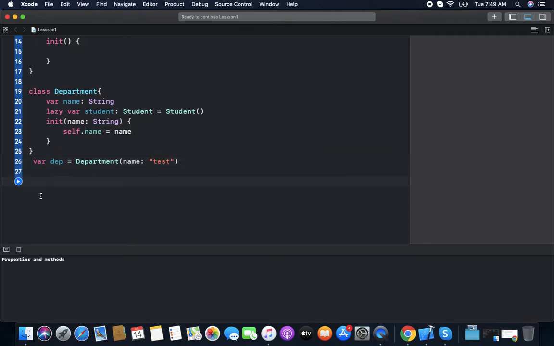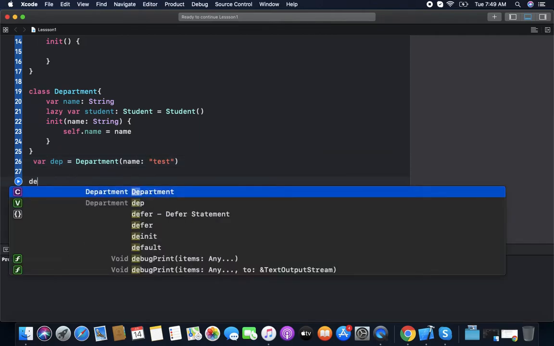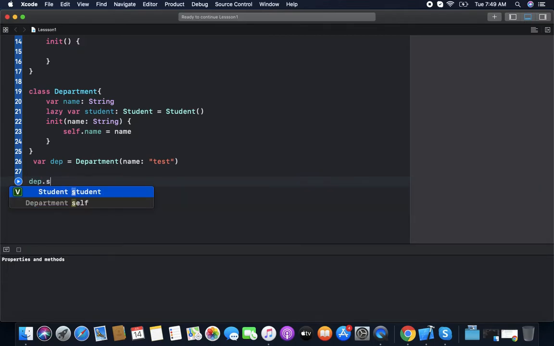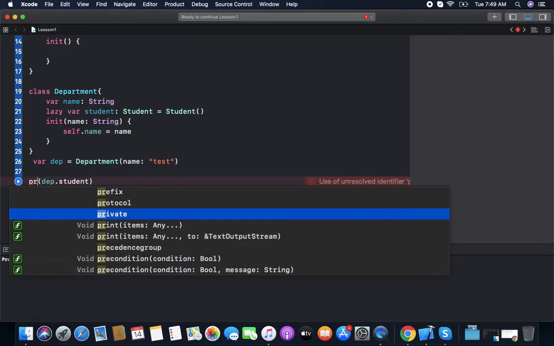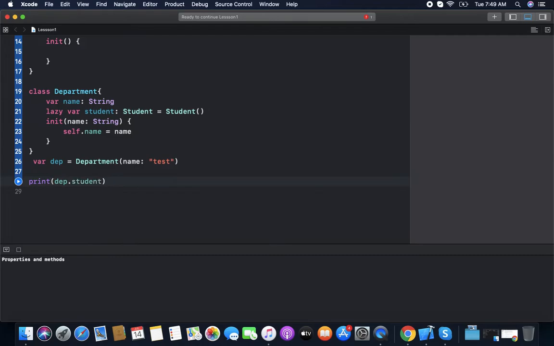But if we try to access like department.student, if we try to access the value, then it will only be initialized here.